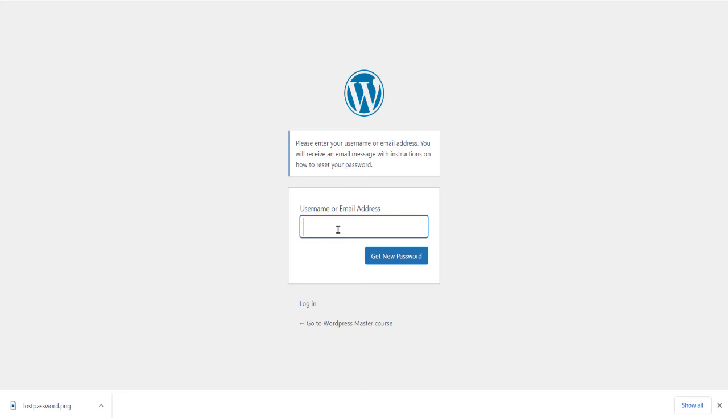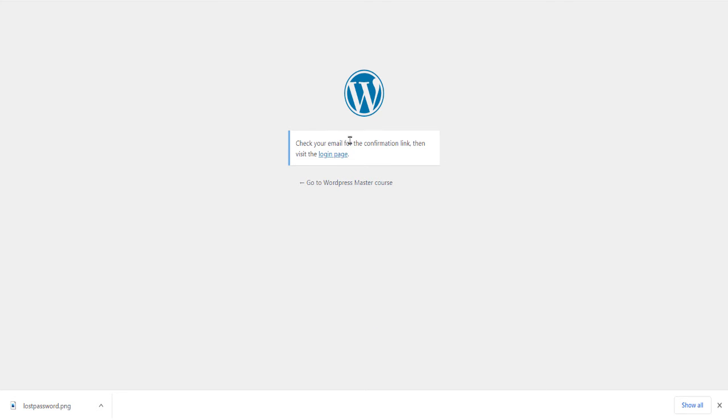for the safe side, just enter only the email ID, because a username can be common. Suppose I have the name Sachin, another person may also have the name Sachin. So in the first condition, you must have a unique username. In case the username is common, you can use the email ID. So you enter the email ID here, and once you enter it, you will receive a mail, and it shows we will send you a link, and you can log in here.